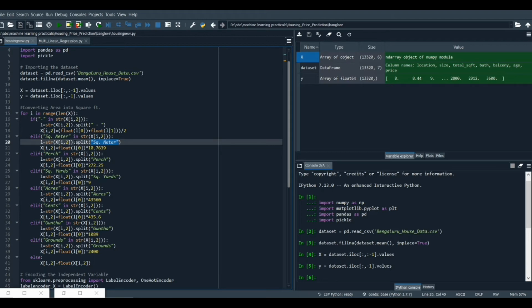Let's take an example of what the split function does. Let's say we have a string a b c d and we split it with the value c, so it's going to return a list with two values, a b and d. But if we split the value with d, then it's going to return a list with only one value, abc. So similarly we are going to use the same concept. We are going to split that string format of x of i comma 2 with the square meter string.